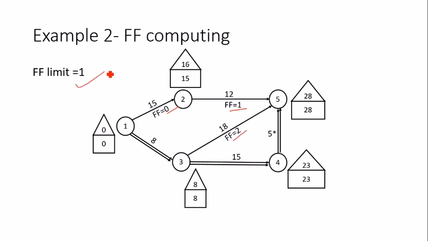So the FF limit is the minimum of the positive FFs, which is 1. So 1 unit I can reduce, based on the information coming from the FF limit. And now again I have to compute the slopes. Sorry, the slopes I have already computed. I just need to look at which activity to